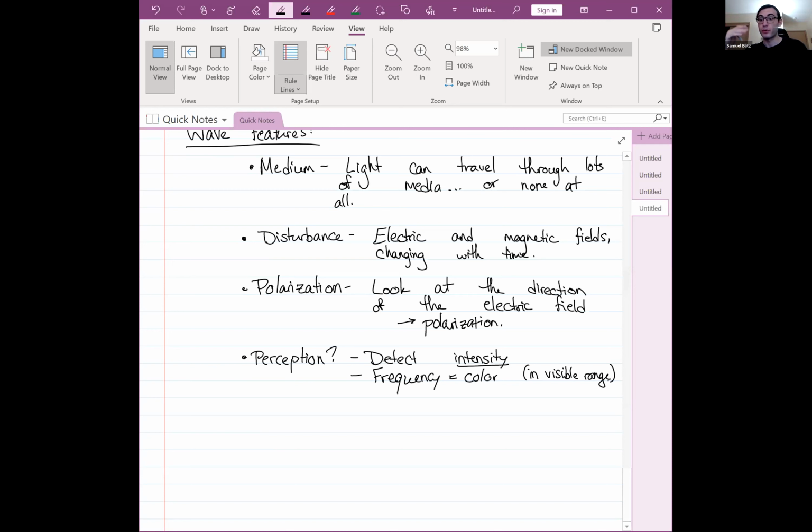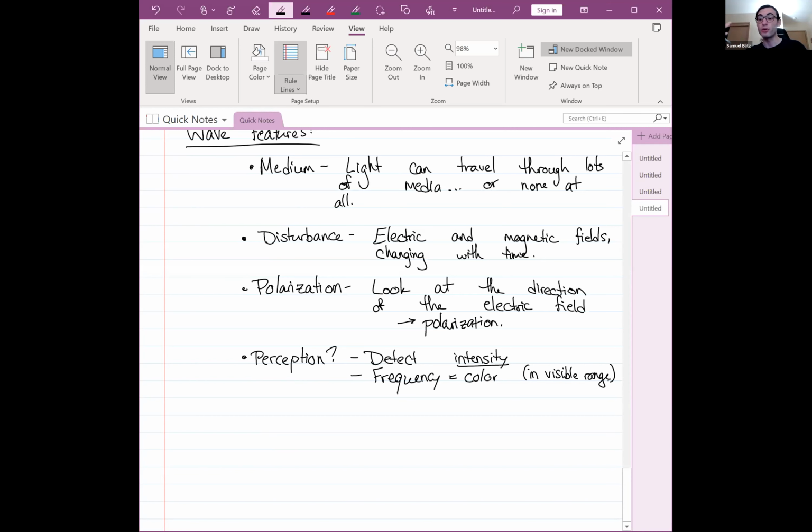Similarly, for light waves, I actually typically talk about wavelength when it comes to light waves because it's more familiar to me. But when we talk about light waves, a lower wavelength corresponds to a higher frequency. Those correspond to a certain color. In particular, the visible range of wavelengths, and you can work out the frequency using the speed of light for yourself,